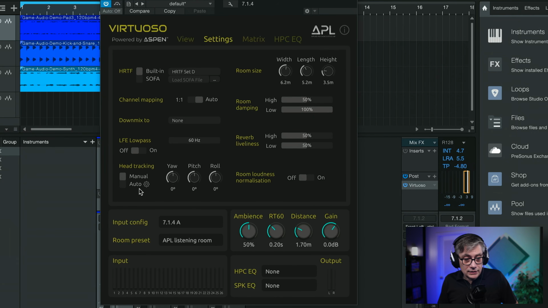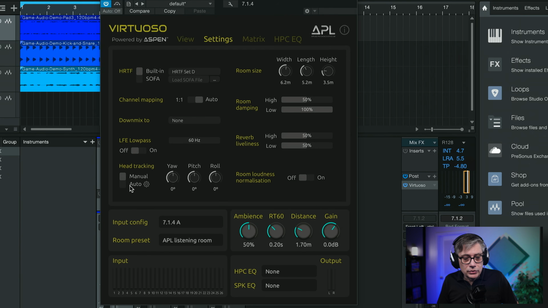So the second thing that is new, and that's actually an interesting one, is if we go into the head tracking section, currently I have that set to manual, meaning that I'm not really doing any head tracking, and I did a couple of videos actually about how that works. So if you're interested in how to use head tracking with Virtuoso, I'm going to once again leave links in the description below.